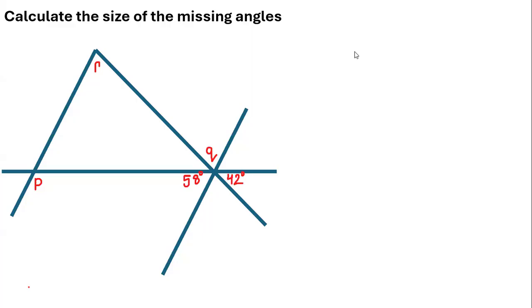Xavier, where's Xavier? Are you drawing this? Mr. Petit, what's supposed to be at the top? It is an R, yeah. Okay, so